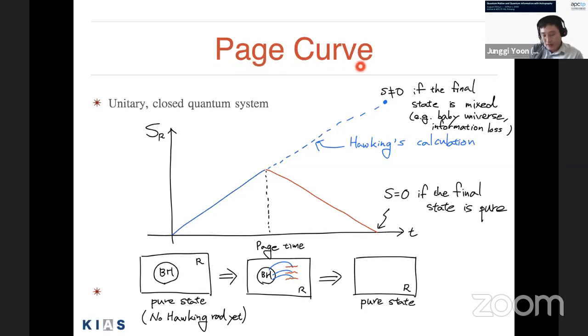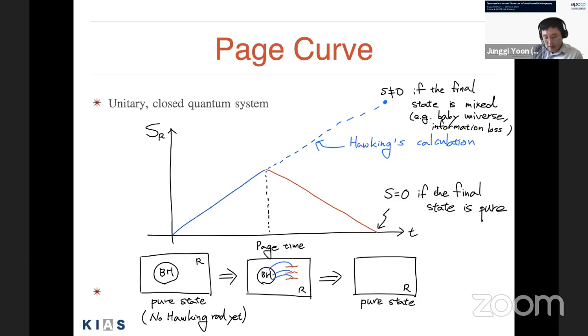So let's consider this Page curve. We still assume unitary evolution, and we also consider a closed quantum system. This is also somewhat required. So let's consider a very simple system where the universe is made of a black hole, which has just formed, and some thermal bath. When there is no Hawking radiation, let's say the black hole is in a pure state,